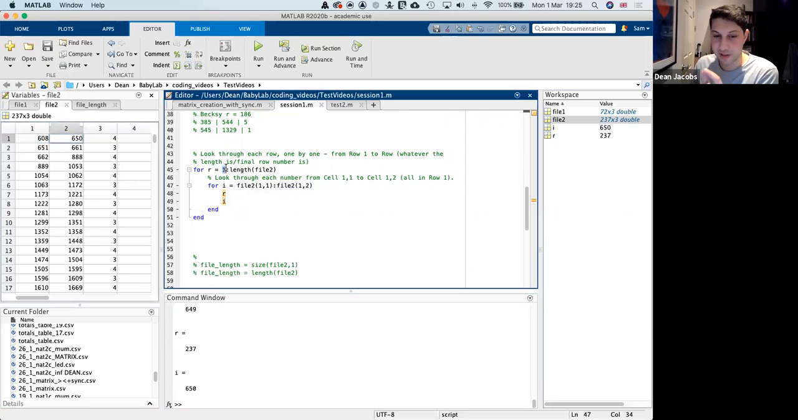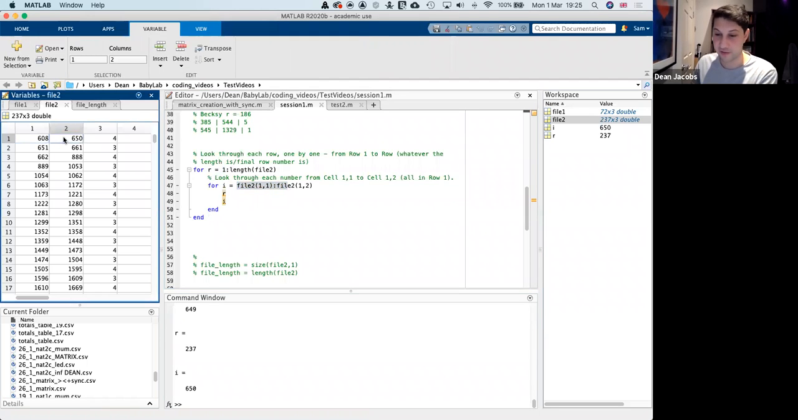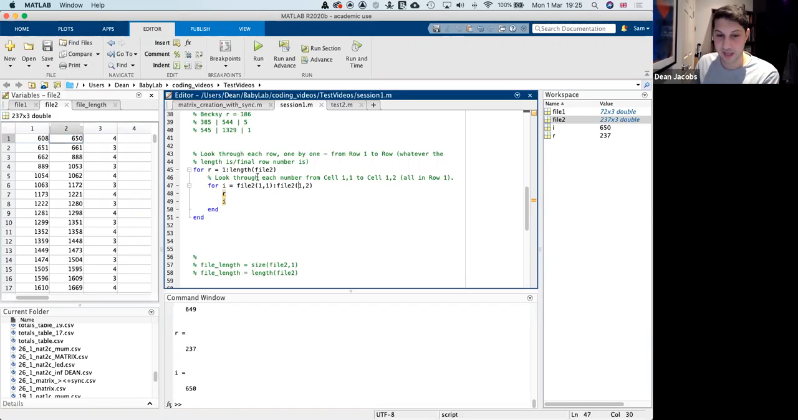So basically R is going to start at 1, and while it's 1, I is going to loop. It's going to go from 608 up to 650. So it's going to go 608, 609, 610, 611, 612. When I gets to 650, this loop is going to end, and it's going to